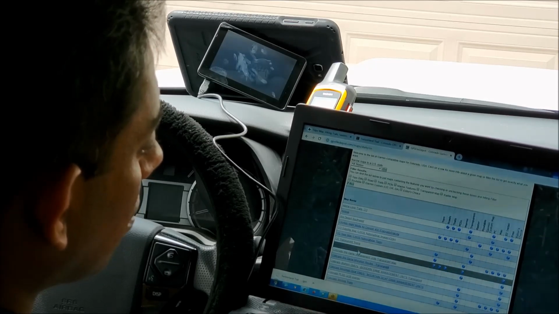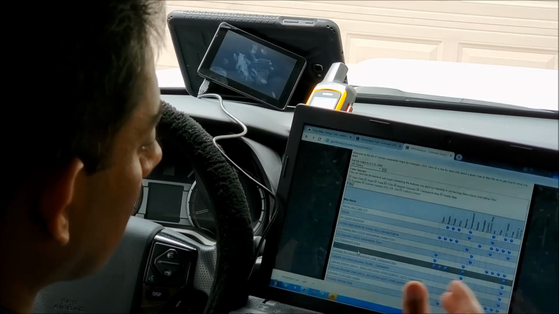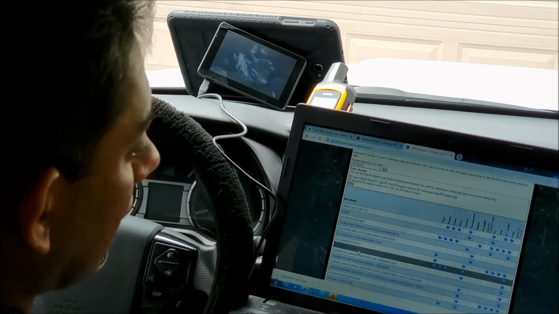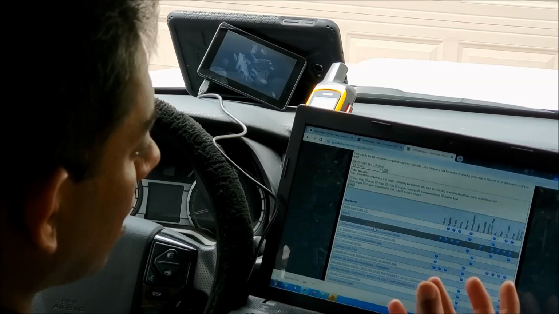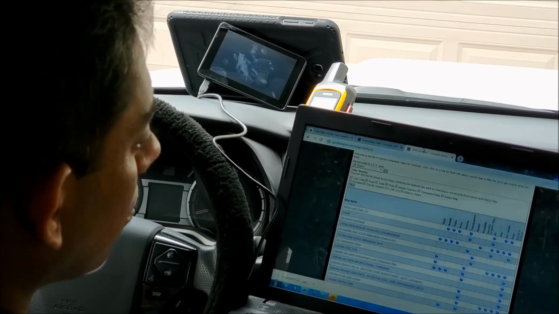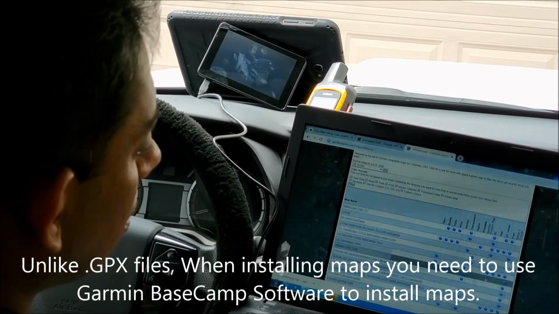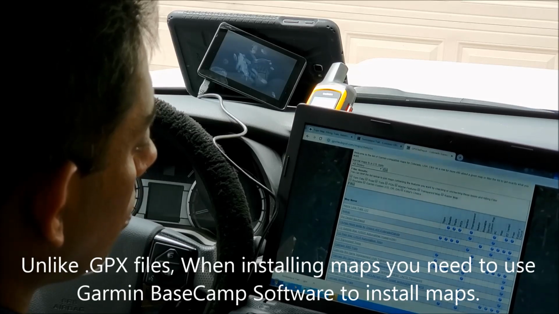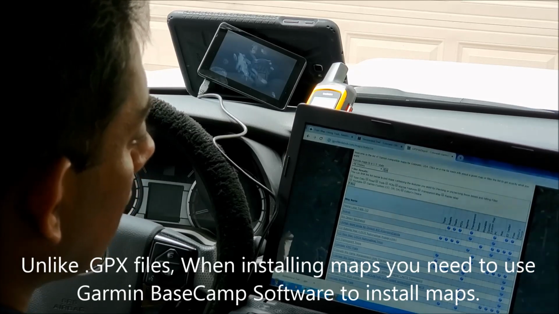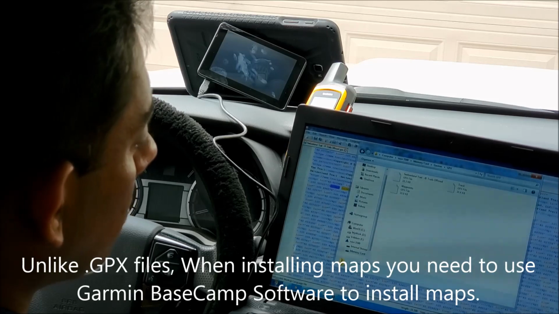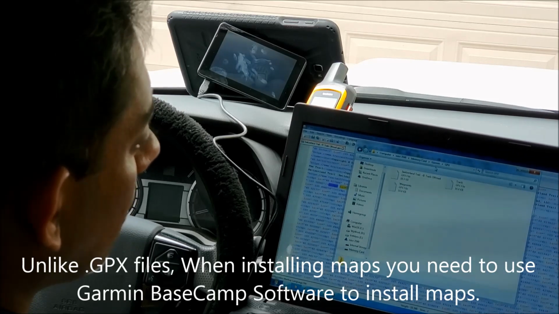You can click on this Colorado four-wheel drive trails, or your state, whatever maps you'd like to download, and use BaseCamp to install those maps to your Garmin GPS.